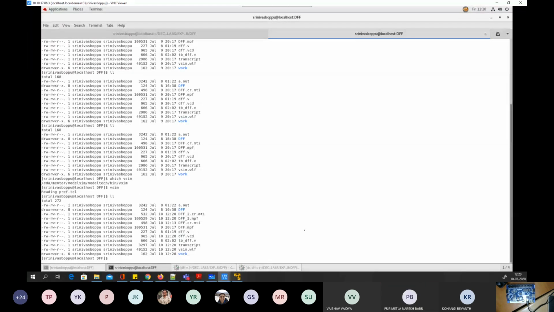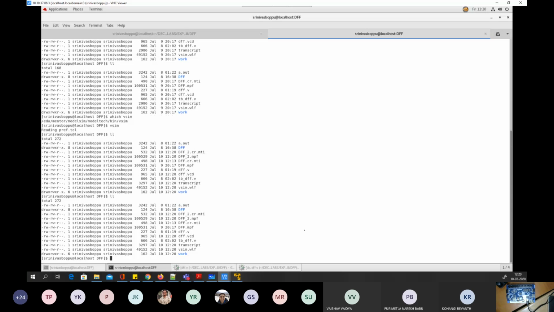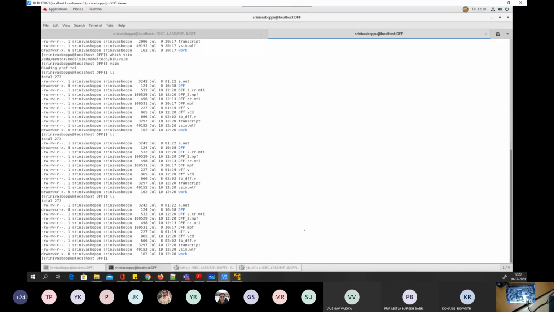So what we did was, with the D flip flop, we designed and simulated it using iVerilog as well as ModelSim. Now the next thing is that we'll try to do something with Vivado. For that purpose,